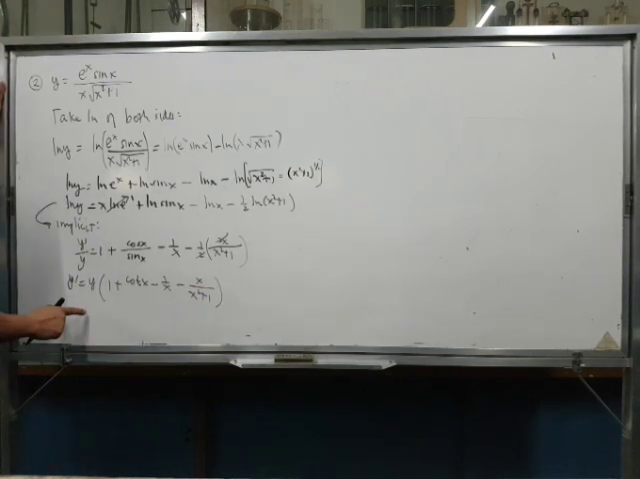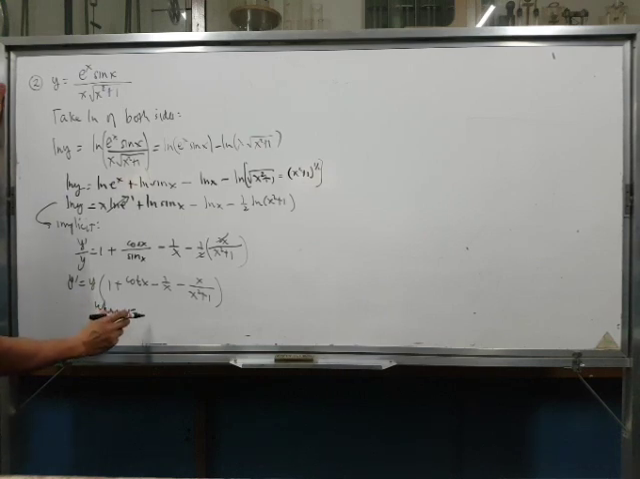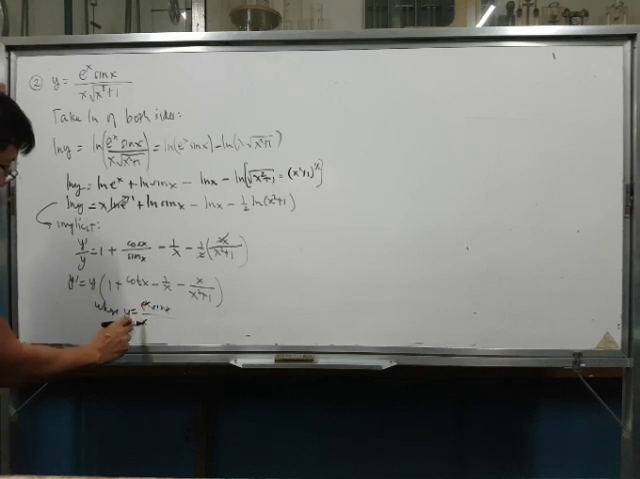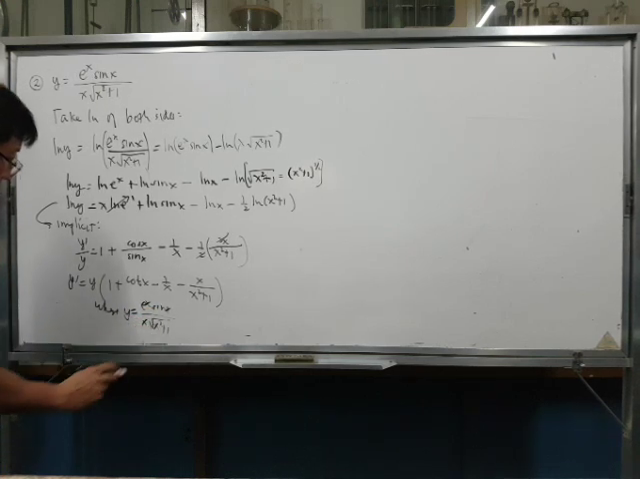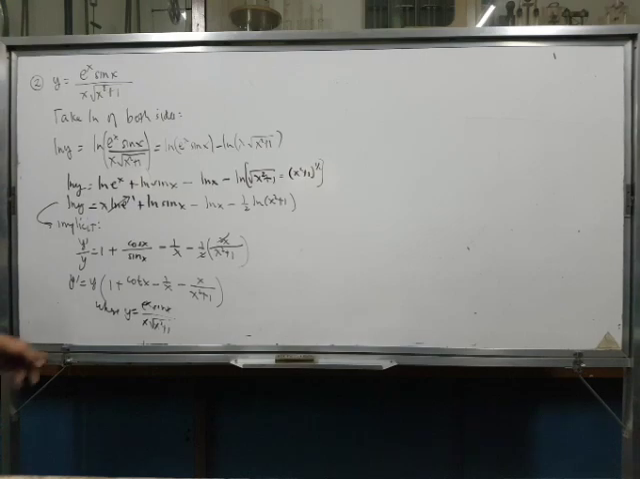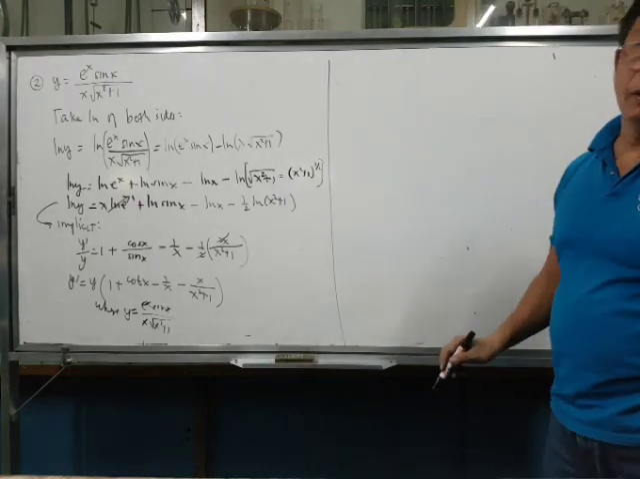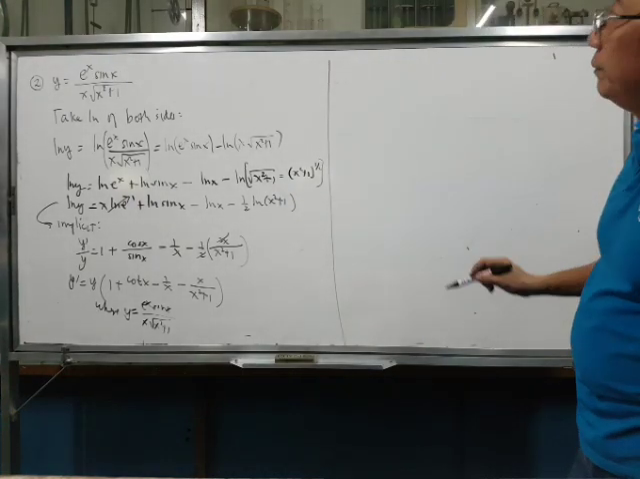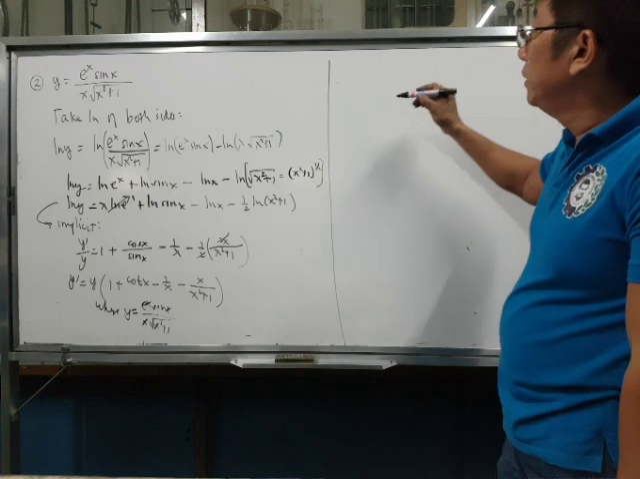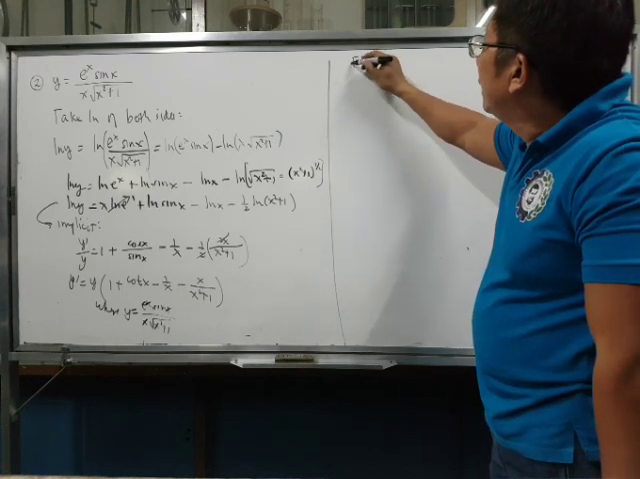And then you just copy y, or you can just write here where y is equal to e to the x sine x divided by x square root of x squared plus 1. Okay? Any questions? So that's all about logarithmic differentiation. For exponential functions naman, okay, let's compute